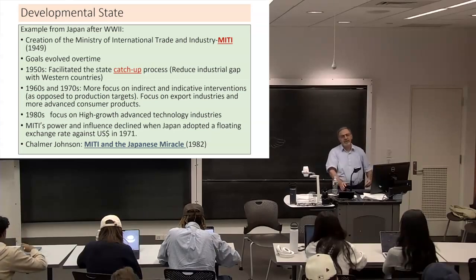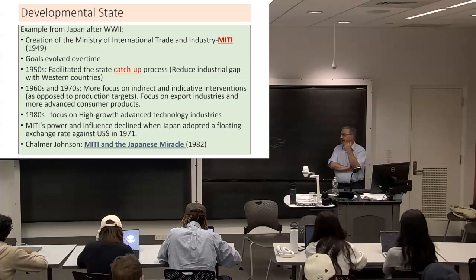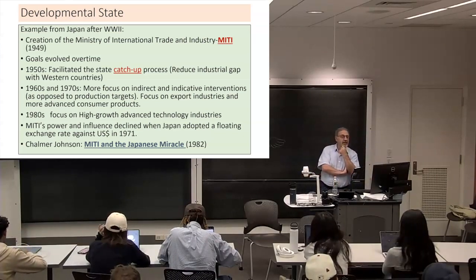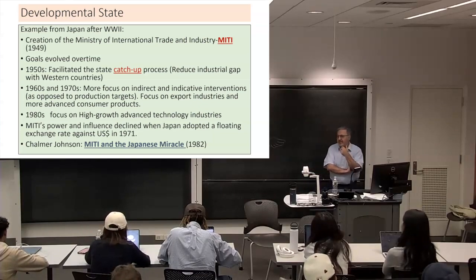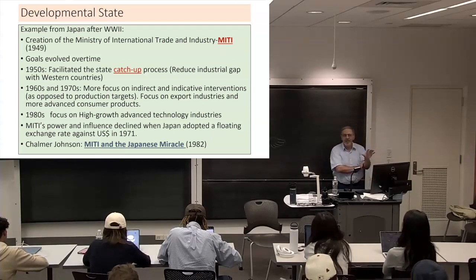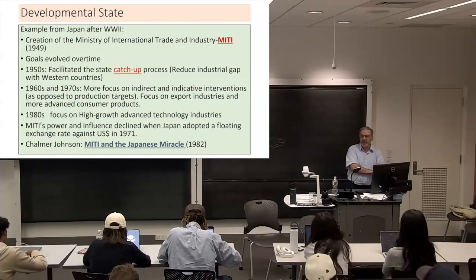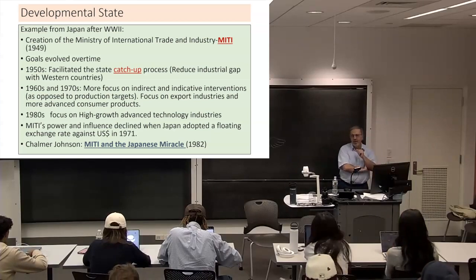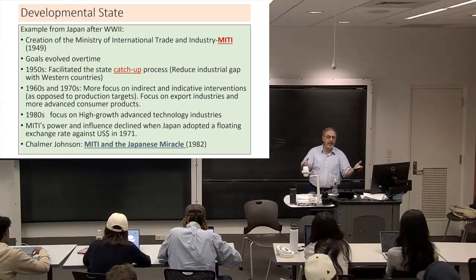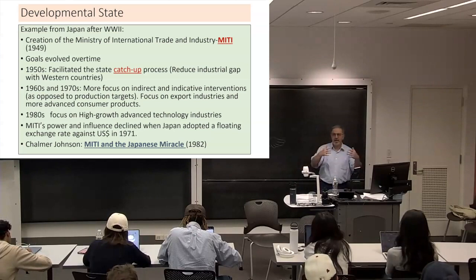One of the most studied and noticed examples of a developmental state is Japan. It is considered one of the first countries after World War II that has gone through this period of developmental state. So we are going to look at some of the details of what happened in that country. The industry had been destroyed during World War II. Practically most areas of Japan were severely bombed before Japan surrendered.